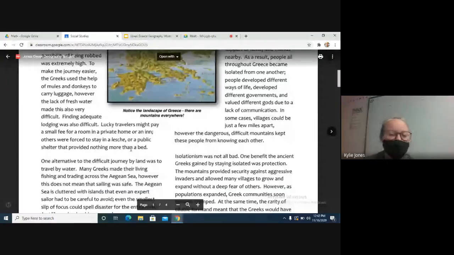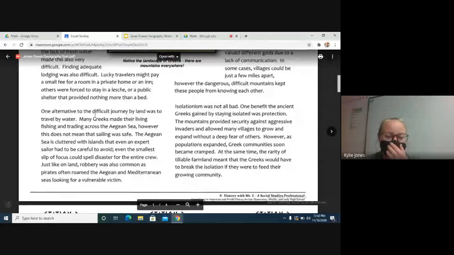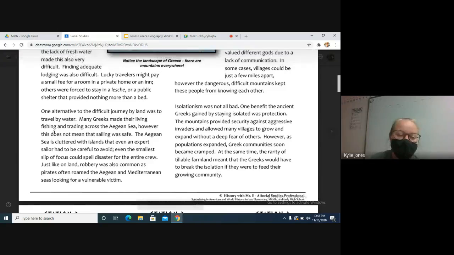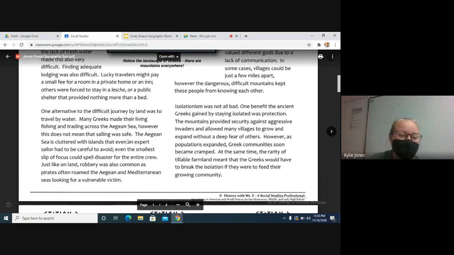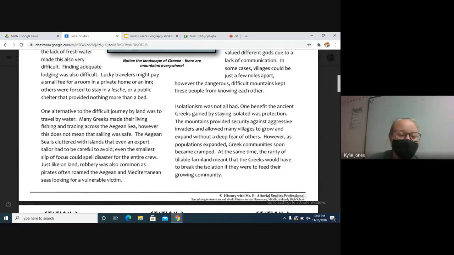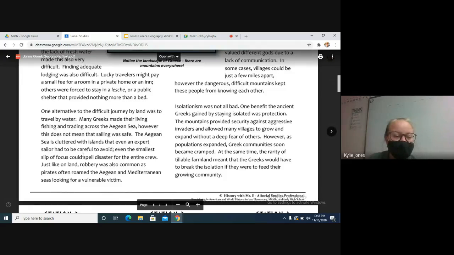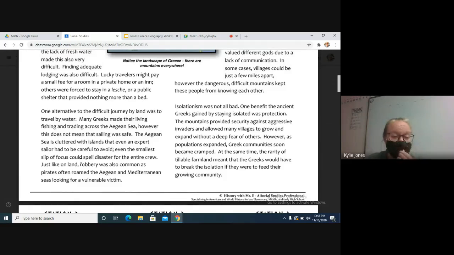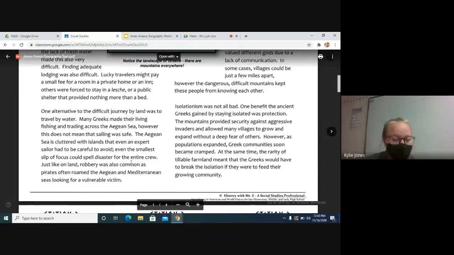One alternative to many difficult journeys by land was to travel by water. Many Greeks made their living by fishing and trading across the Aegean Sea. However, this does not mean that sailing was safe. The Aegean Sea is cluttered with islands that even an expert sailor has to be careful to avoid. Even the smallest slip of focus could spell disaster for the entire crew. Just like on land, robbery was also common, as pirates often roamed the Aegean and the Mediterranean seas looking for